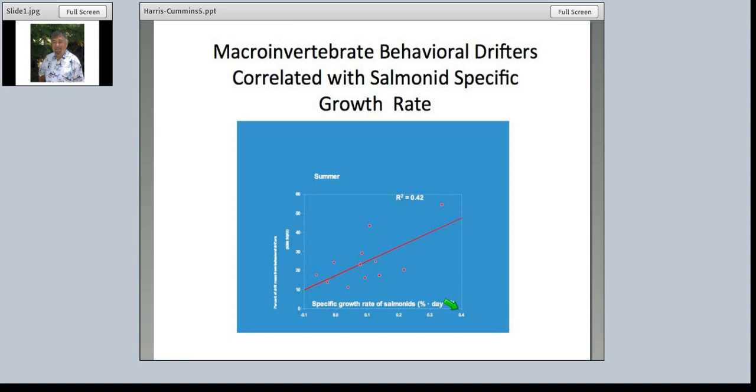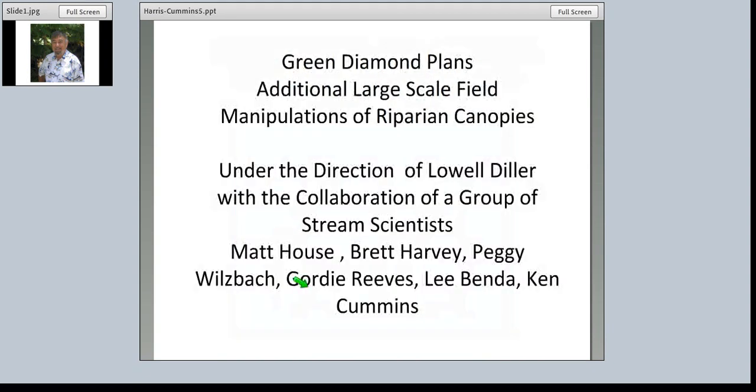So that's the key. Most of these behavioral drifters are collectors, and it's quite predictable which ones we know now, which are the most abundant ones that show up as behavioral drifters and therefore in the diet of salmonids. One group of mayflies, the baetid mayflies, probably are the most common, most abundant, and most often encountered in trout stomachs or juvenile salmonid stomachs. So this certainly is a part of the invertebrate community we'd want to focus on with any kind of riparian management to make sure that group is in fact being enhanced.